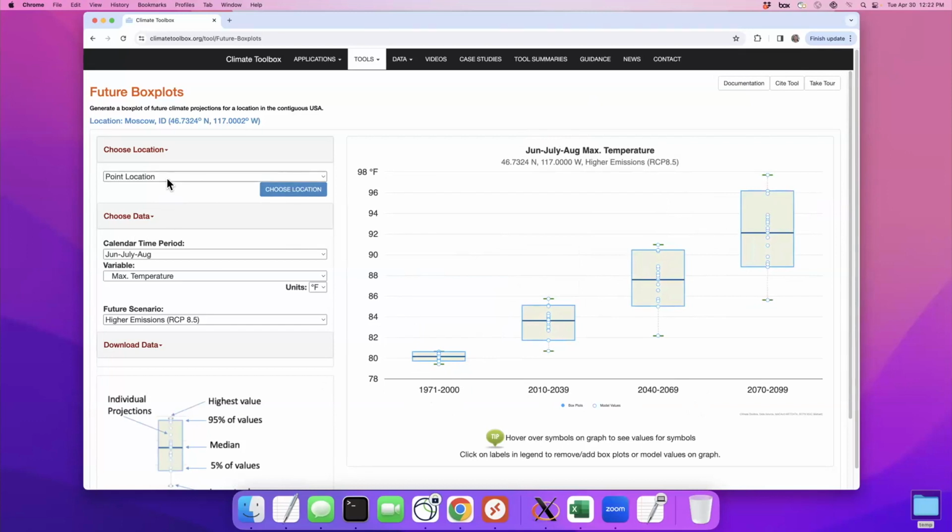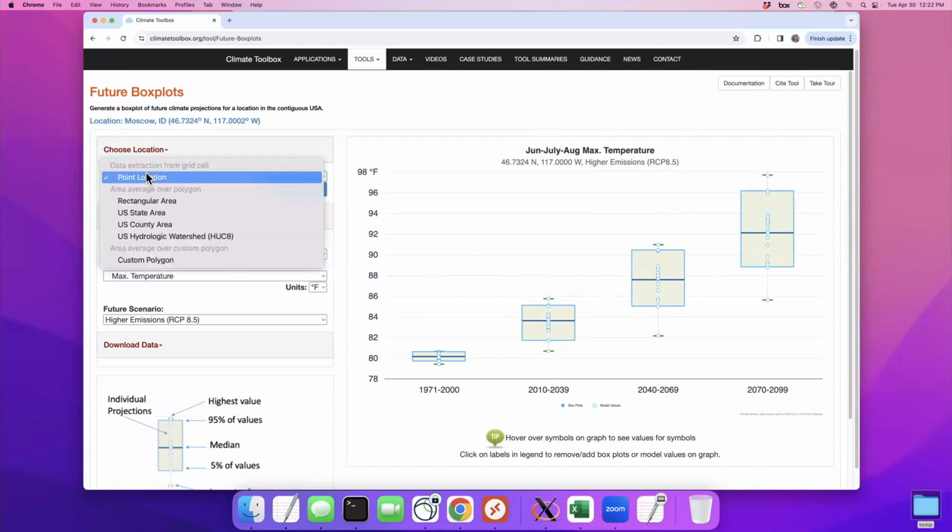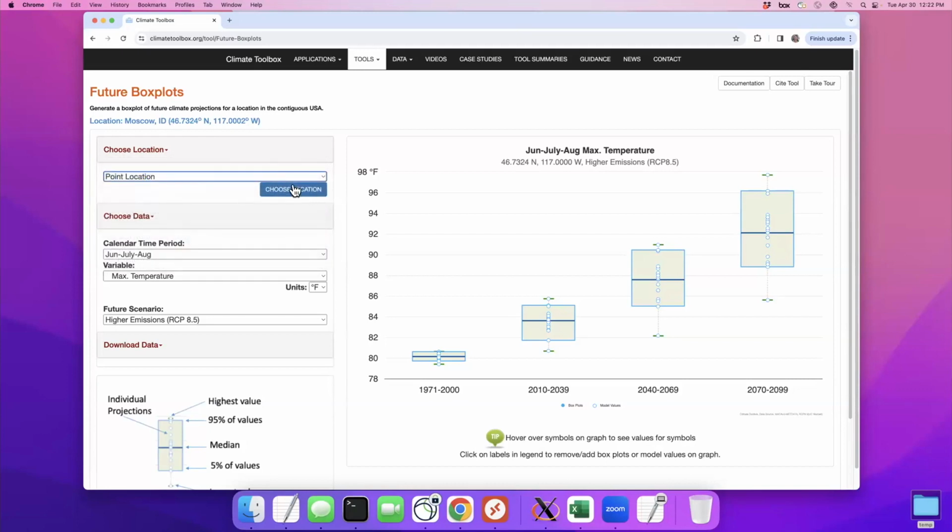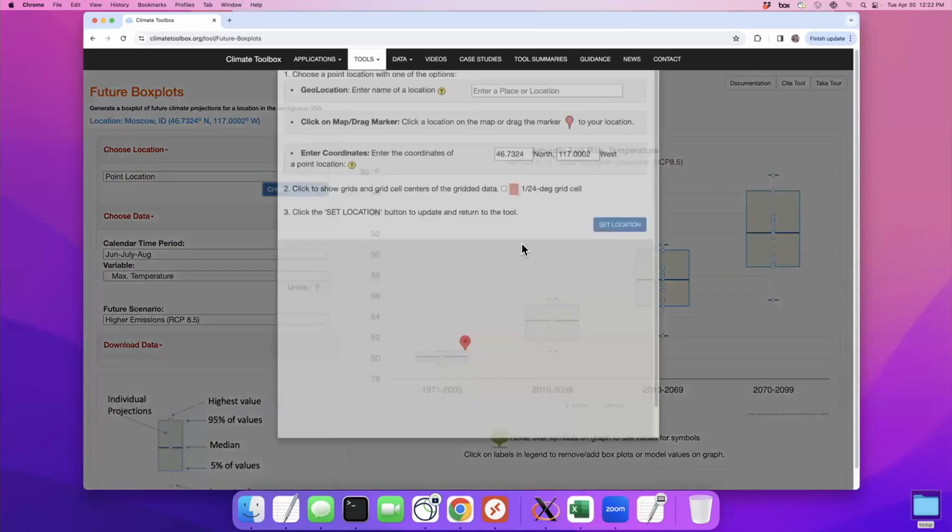So the first thing to do maybe is to select a location, and all the tools are pretty much the same layout. So with the selecting of a location, we can look at a point location. We can also look at an area average over some different preset variables, and we can also draw our own custom polygon or upload a shapefile. So that's what the custom polygon is. So just to start, I'm just going to look at a point location, and I'm going to choose my location